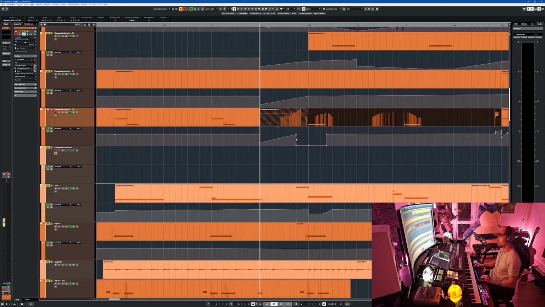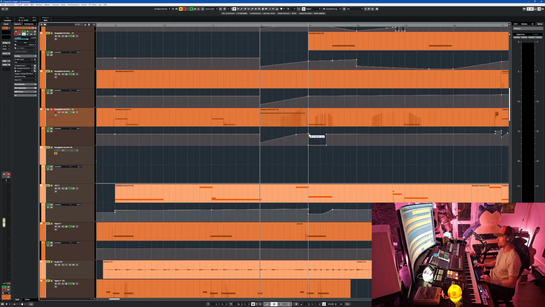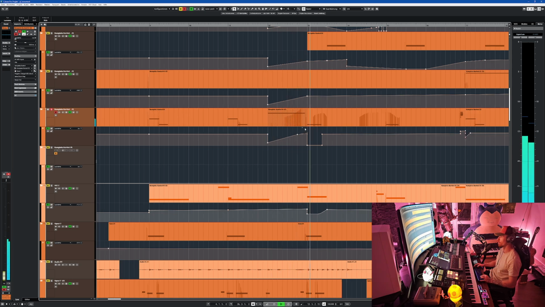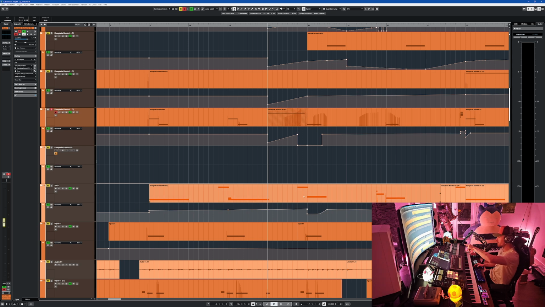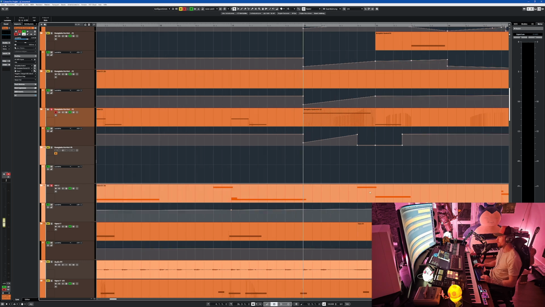And without this volume automation over here, it would sound like this. Works, of course, but I didn't need this sound at this place. So it's like I went through all the track literally and decided, okay, do I need this sound over there? And I didn't need it because, for example, this track over here, as you can see, joins there.